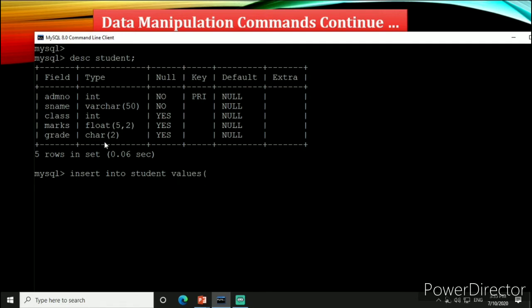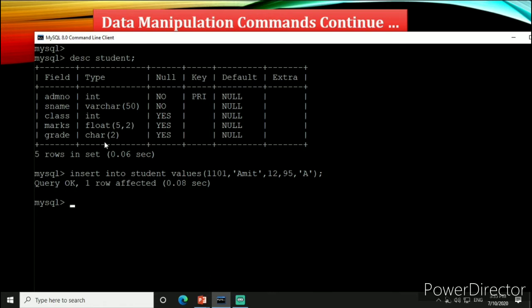So just ignore the column names and write the values: 1101 comma name of the student Amit, and class and marks, and after that grade. Then one row is inserted.